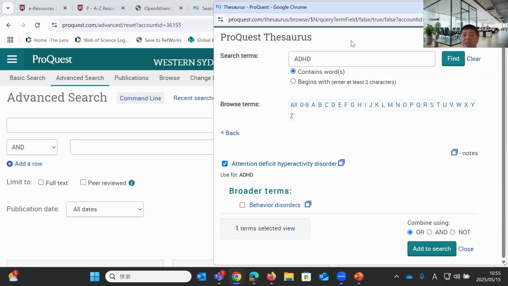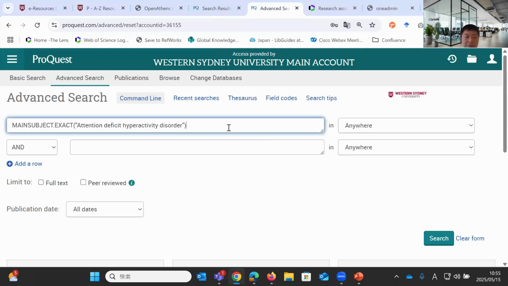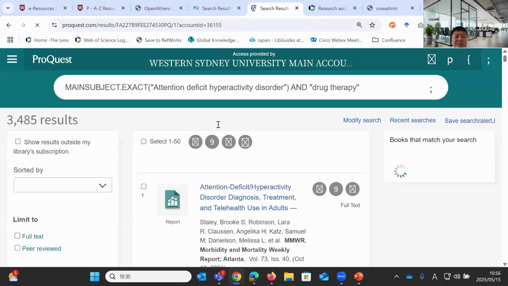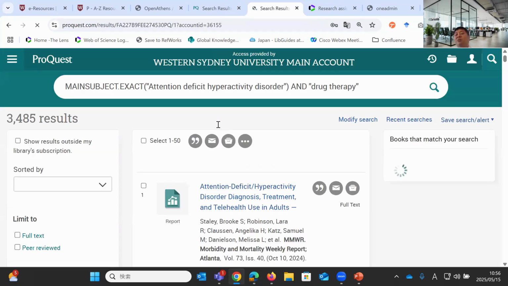So what we have to do, if you use the ProQuest Thesaurus, is add the search, and then put AND, the coding, main subject in this case, and drug therapy, and do a search. This is what you have to do because we don't have a qualifier like MeSH. The reason I'm showing this is that ProQuest subject terms index almost all the collections within the ProQuest platform.